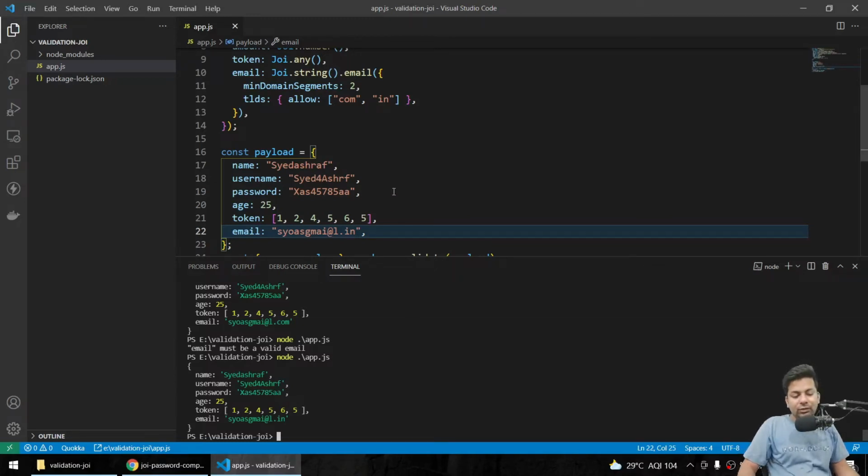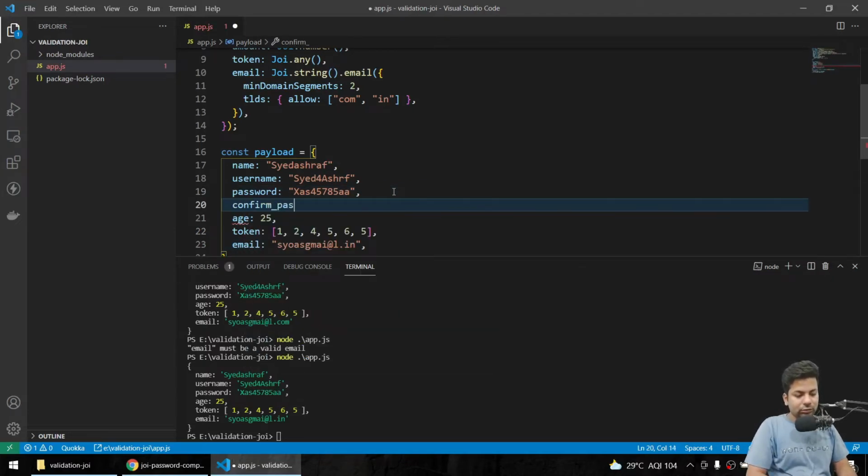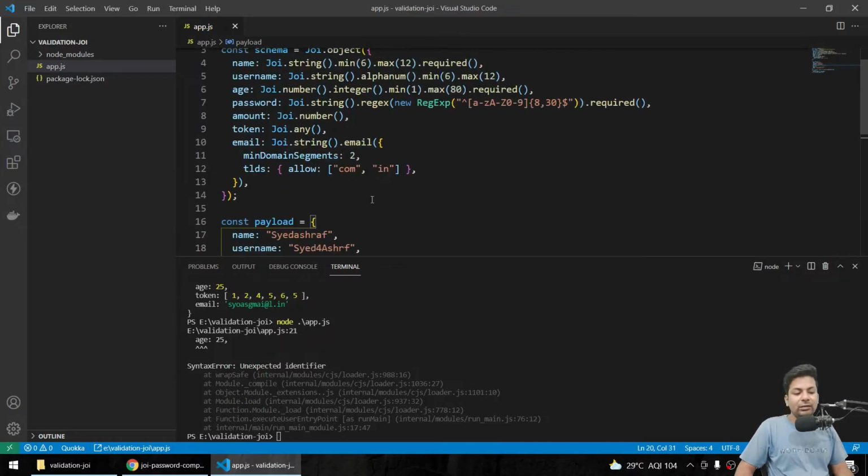Now one thing I forgot in password: suppose there is something called confirm password also. If you send another one that is not the same as the password, a wrong password, it will pass basically, but we are not accepting that.